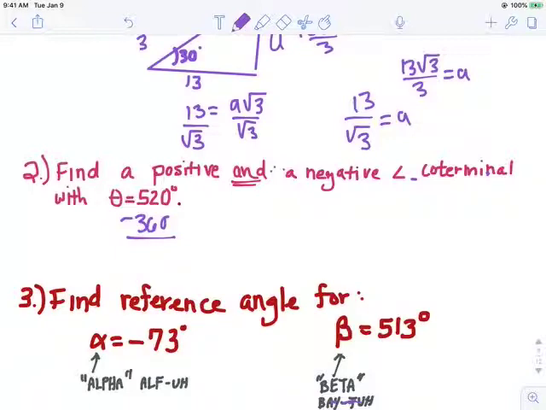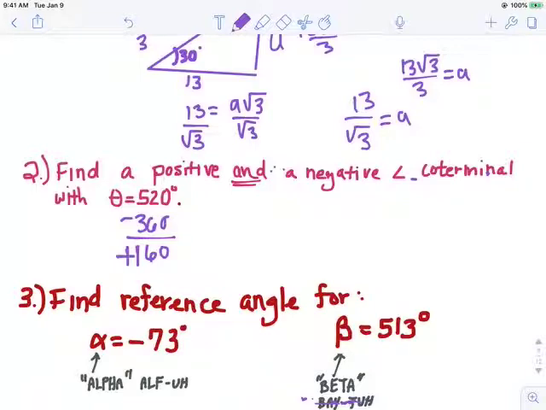So we wanted to be in the same position. So she went back one full rotation. She went back 360 degrees, and so then 160, and so that could be the positive one, and then